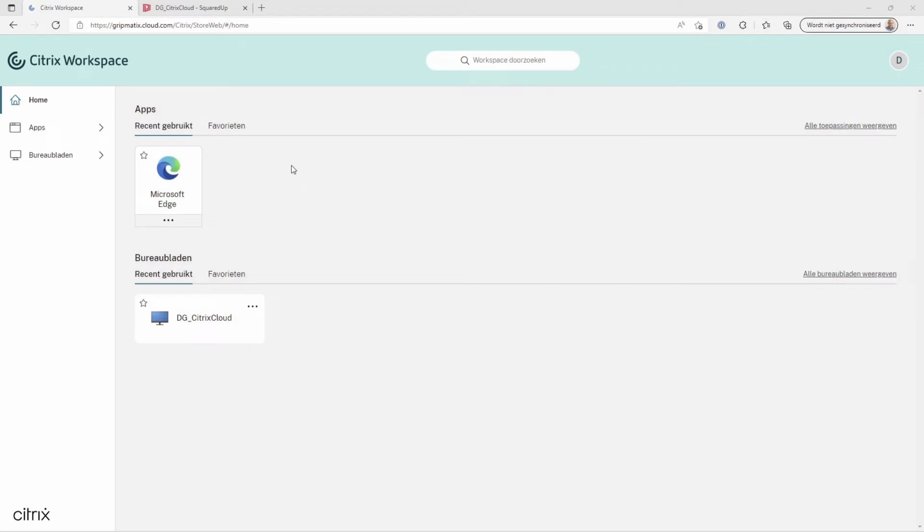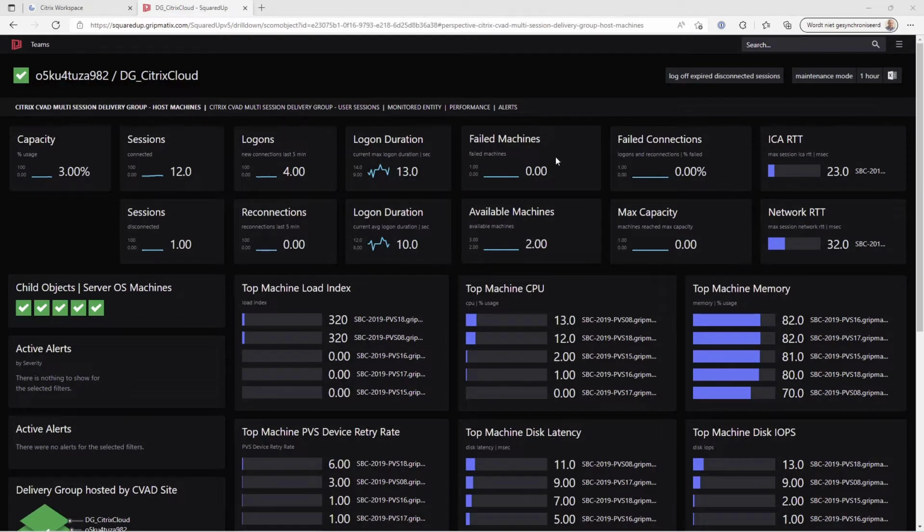and let's have a look at the Squared Up dashboard. So here we are at the Squared Up dashboard related to the delivery group Citrix Cloud that is available within our Citrix Cloud site, as you can see here. So this dashboard gives you a glance overview of all the hosting machines that are part of this delivery group. So you can easily see how many sessions are currently connected within this delivery group, the average logon duration, the amount of failed machines, the amount of available machines, the maximum session